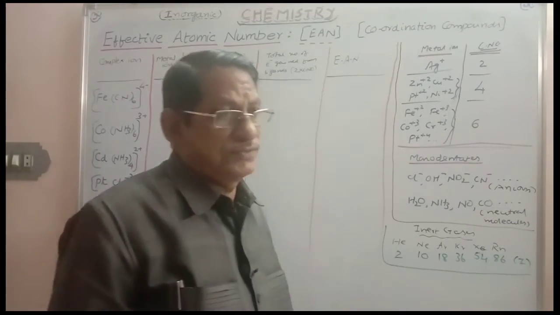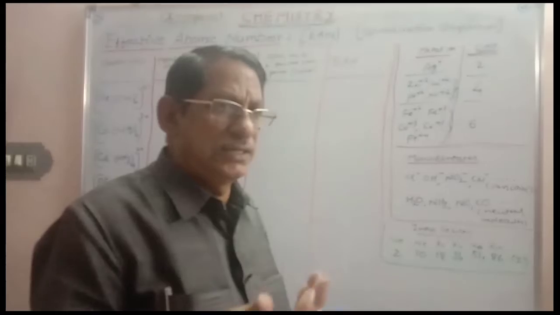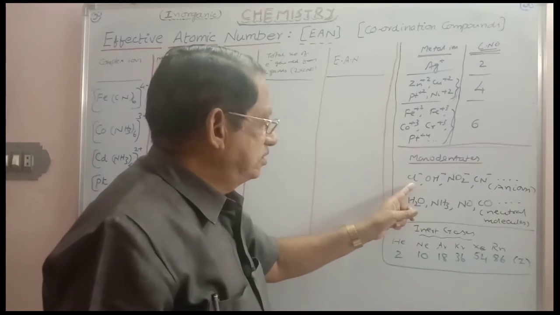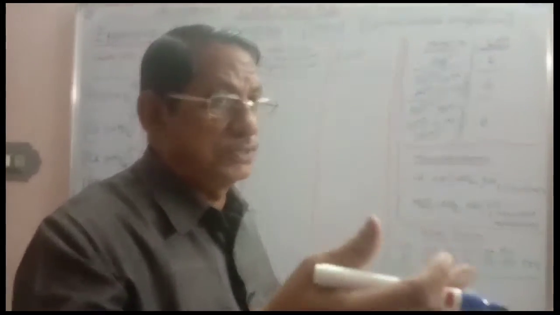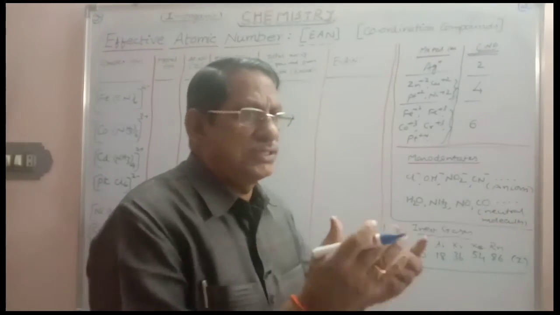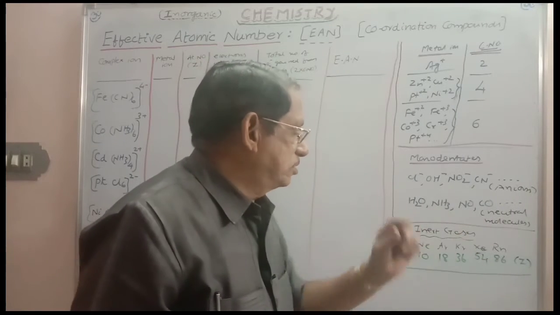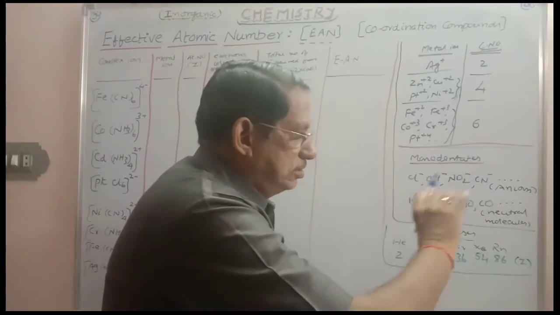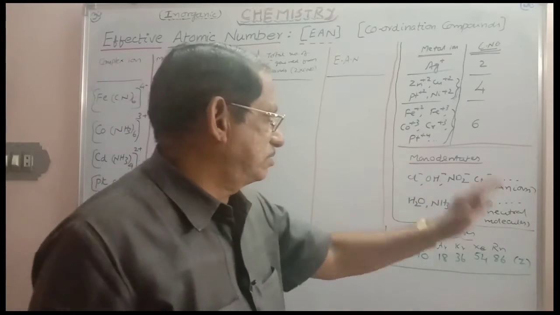And here you have to know some examples of monodentates also. Monodentate is that one which is satisfying only one coordination number. An anion, meaning minus charge, is carrying 2 electrons. And so all the anions will be acting as monodentates like Cl minus, OH minus, NO2 minus, CN minus, SO4 2 minus, C2O4 2 minus also we can take. But sometimes those will become bidentates. And in the case of neutral molecules also, the central atom of the neutral molecule must be having a lone pair. Here, neutral molecules like H2O, ammonia, nitric oxide, carbon monoxide, all these are neutral molecules which will be acting as monodentates. All these are examples of ligands.